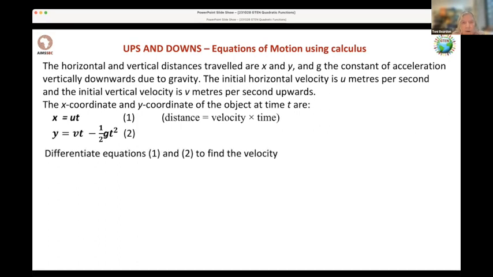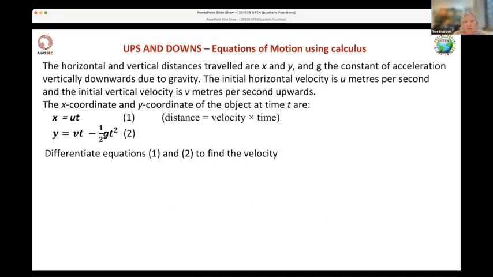Now, we all know that distance is velocity times time. So the distance x is the horizontal velocity, u times the time. And we've got the equation for y there. Now,